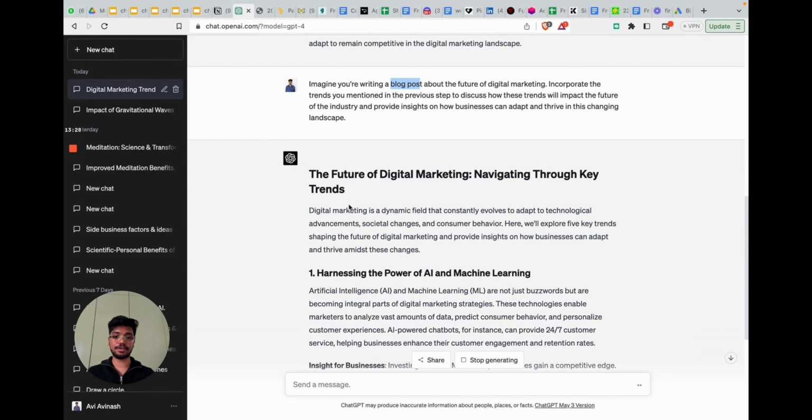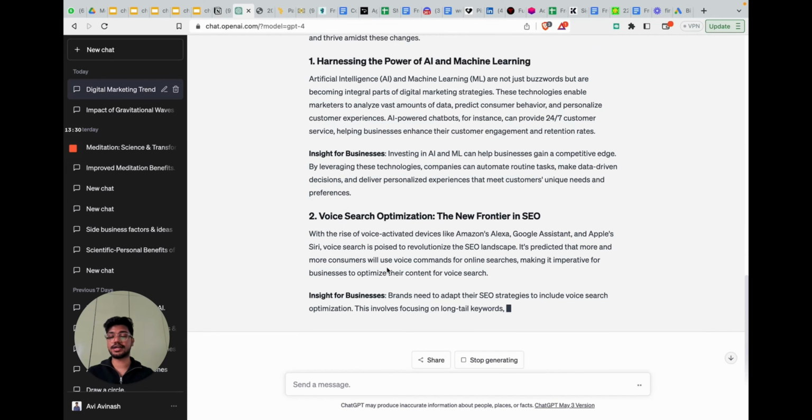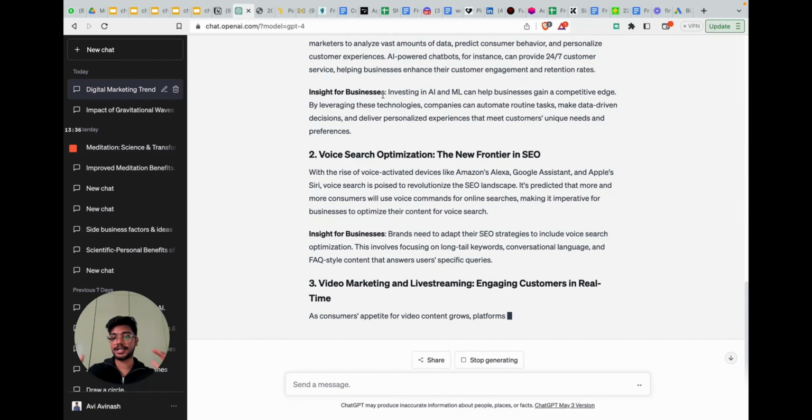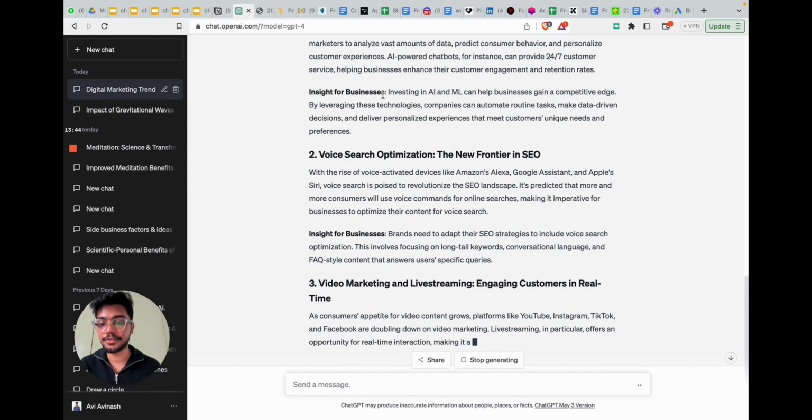If this can write this good of an article with just a small prompt, imagine how good a prompt it can write if we use the mega prompts we have. So all the 500 prompts we gave you are mega prompts, and a few prompts are not even mega. It's better than mega. It's like progressive chain of thought mega prompts.